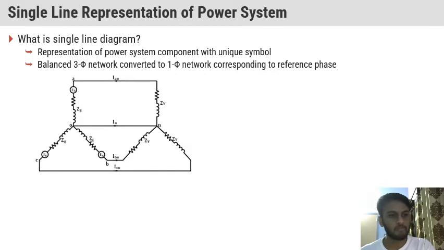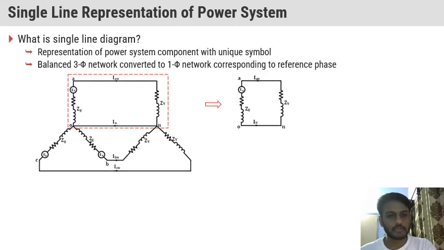So this is our circuit. We draw it like a single line diagram, and all the equipment are represented by their equivalent resistances and reactances. This is one extraction of a portion. You can see here this portion is extracted from the main circuit, and it will be represented like this,